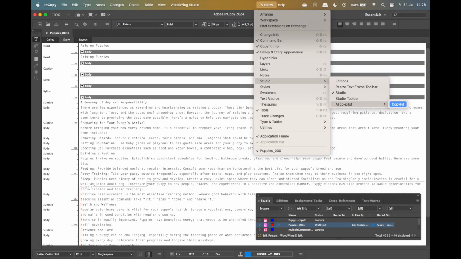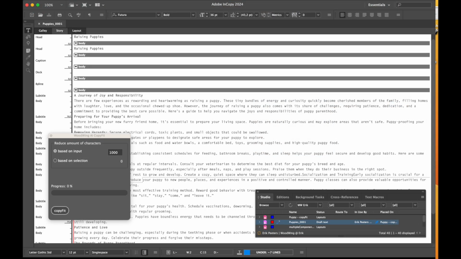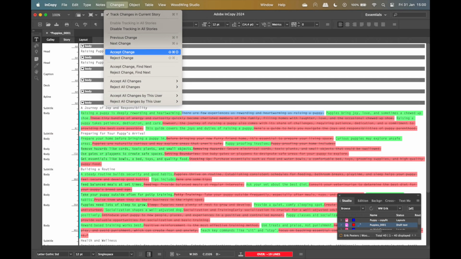We also recognize that many users are interested in bringing this functionality into InCopy, and we're actively working on that solution. Since InCopy operates differently from Print Editor, we're adapting the CopyFit feature to work seamlessly within its environment. Currently, we are testing an AI-powered copyfitting tool that leverages the native track changes functionality. This allows users to view all proposed edits at once, navigate through the article, and accept or reject the AI suggestions as needed. This enhancement ensures that writers and editors maintain complete visibility and control over their content while streamlining